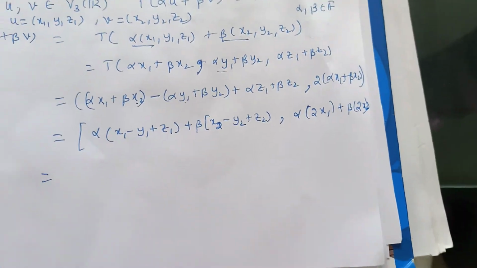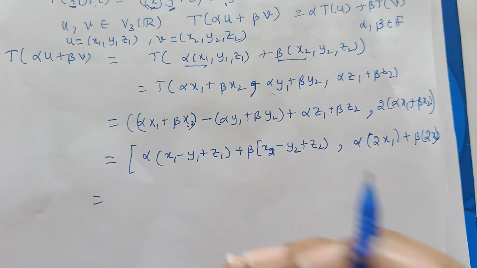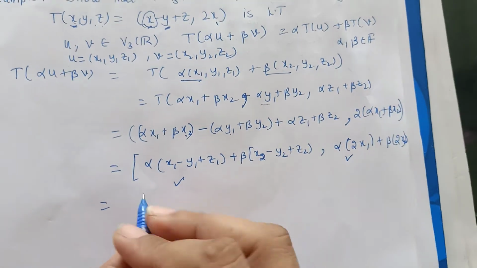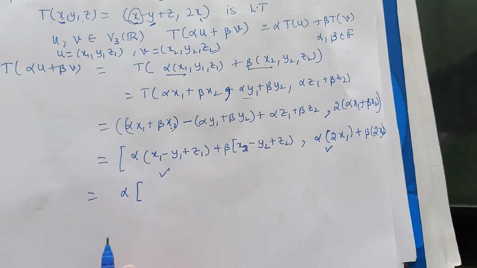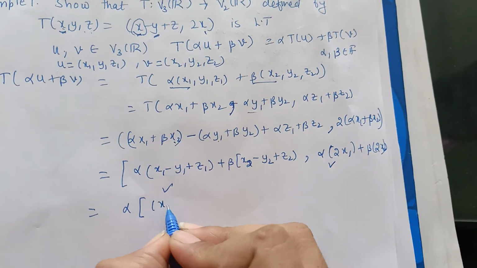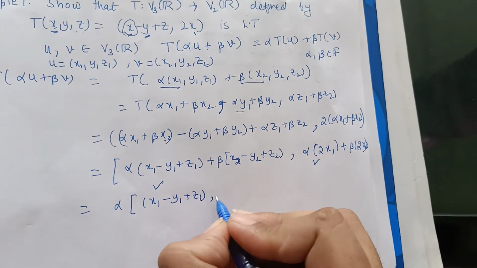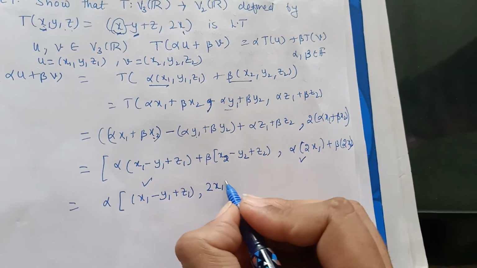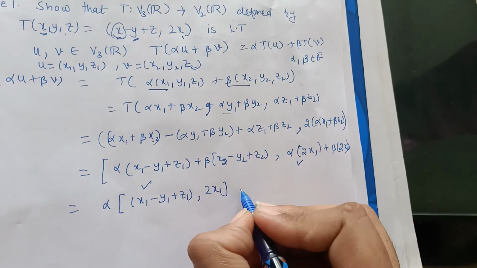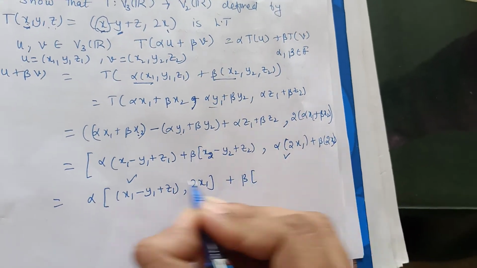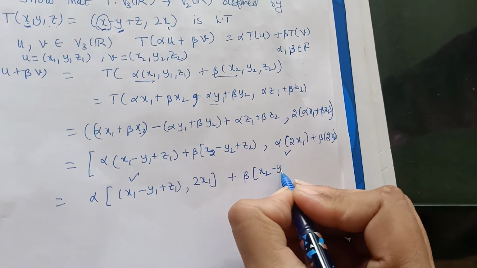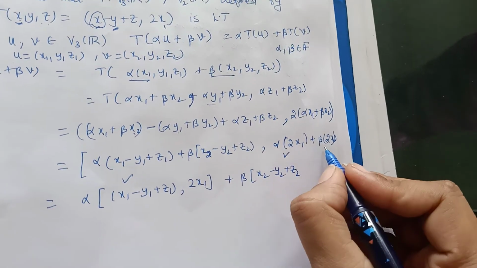Now can I write these vectors separately as this and this? Let me take alpha common from these two. From the first part I will have x1 minus y1 plus z1, and from here I will have 2x1. Same way taking beta from the second coordinate, this will be x2 minus y2 plus z2, and